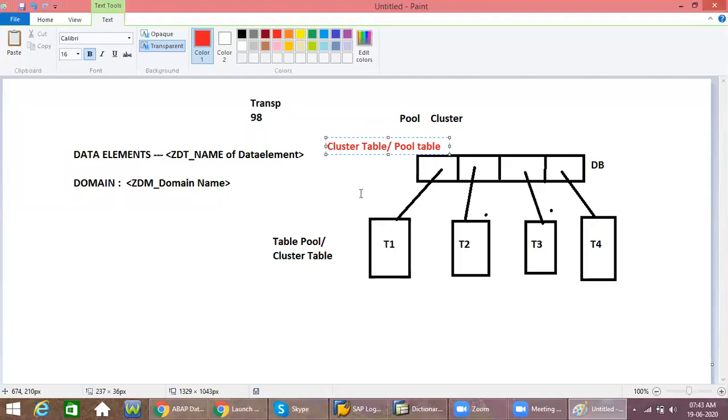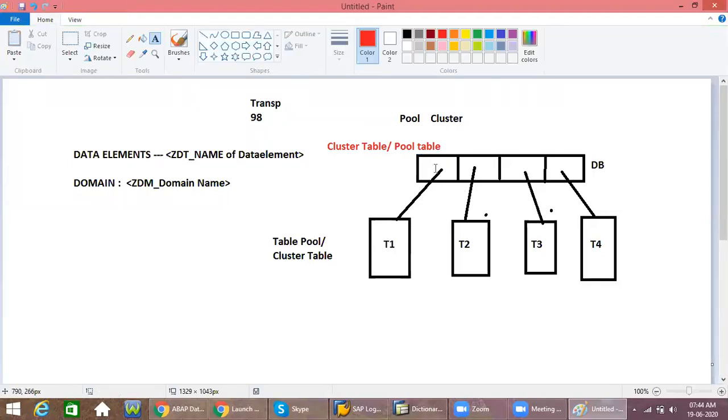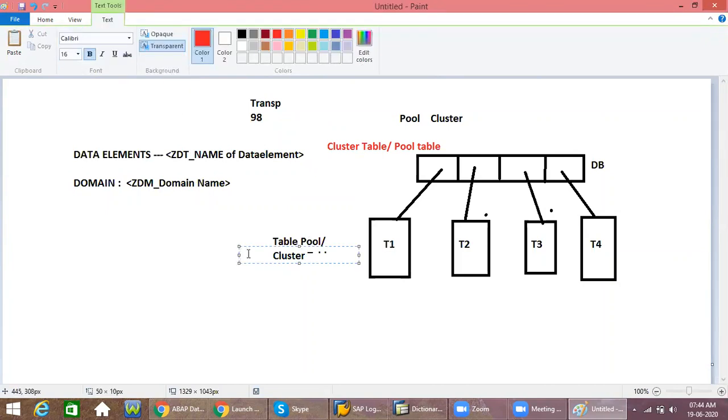But here the tables which are assigned to different tables, this is called table pool and table cluster.